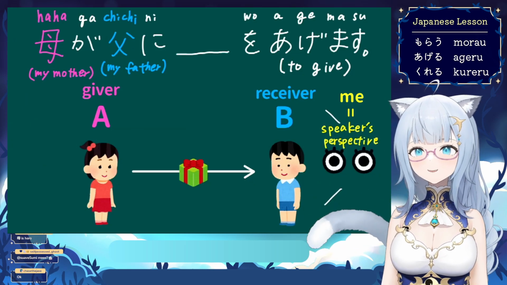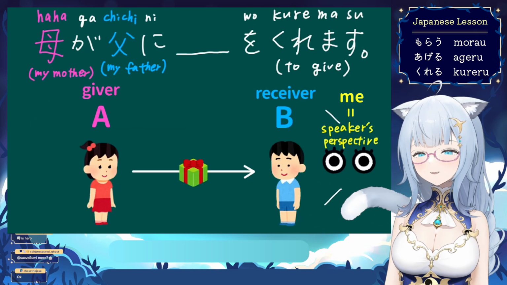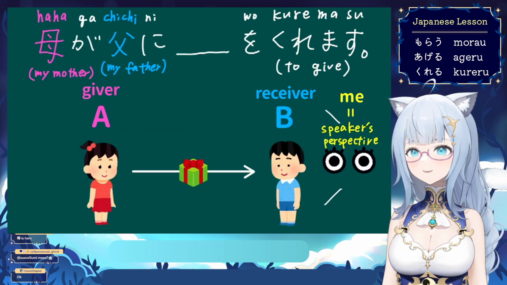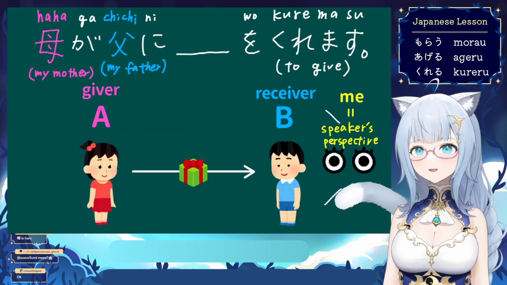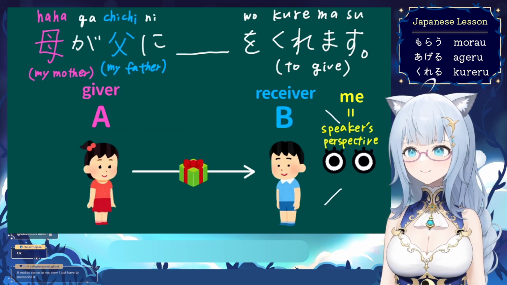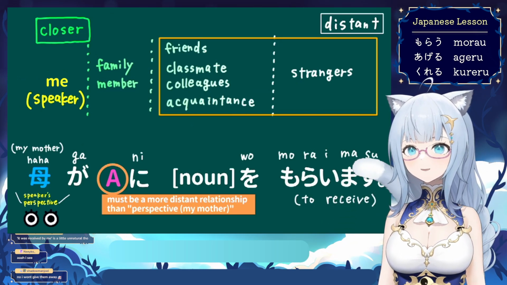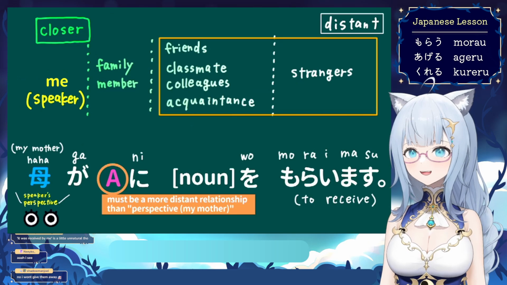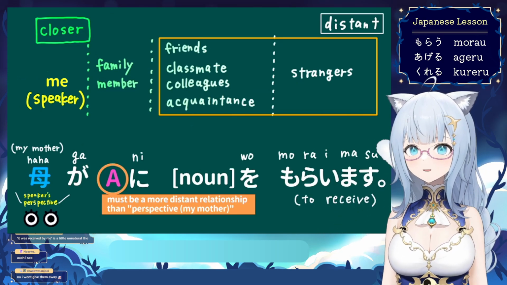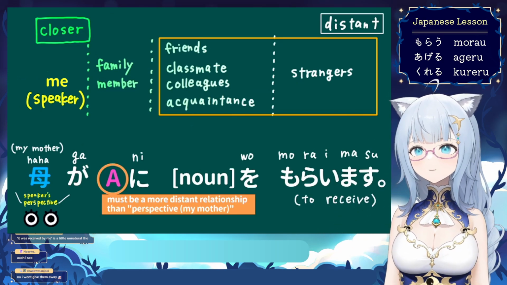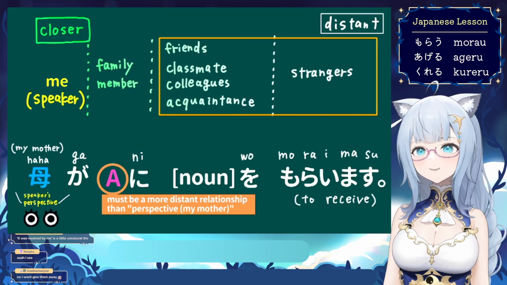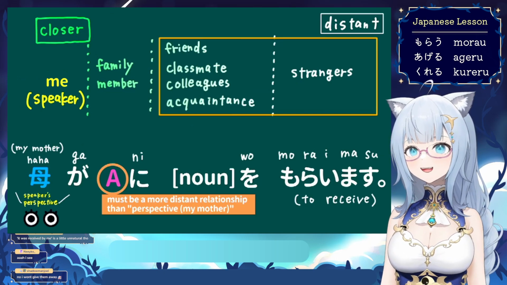If the main character is my father, the speaker's perspective is the receiver side and the verb is くれます。